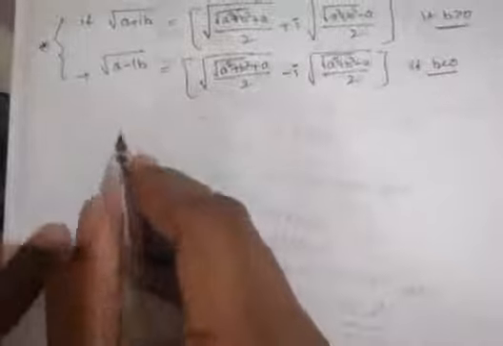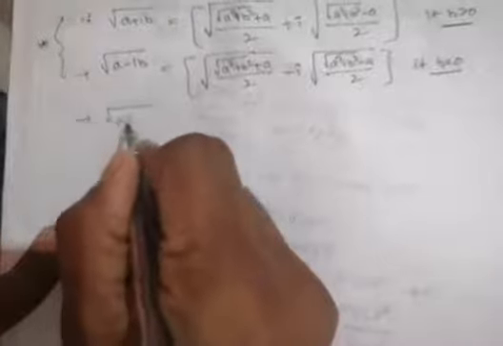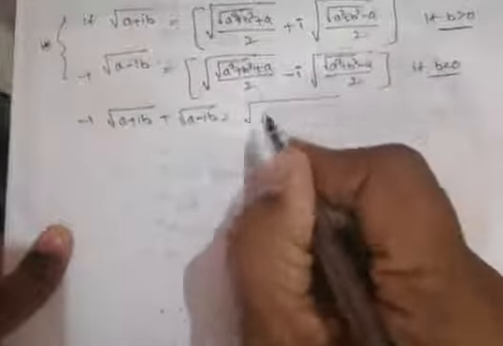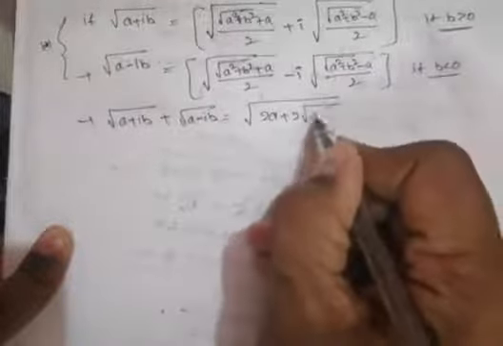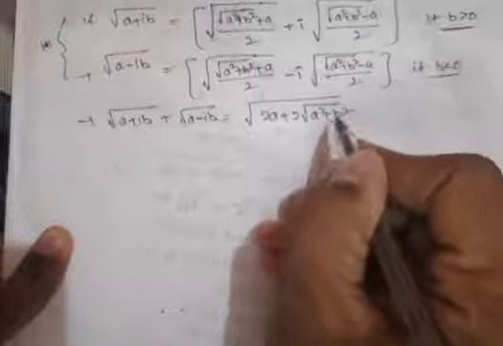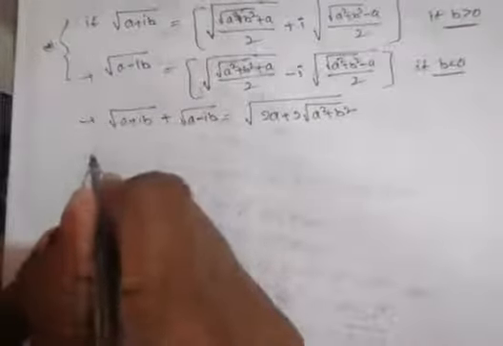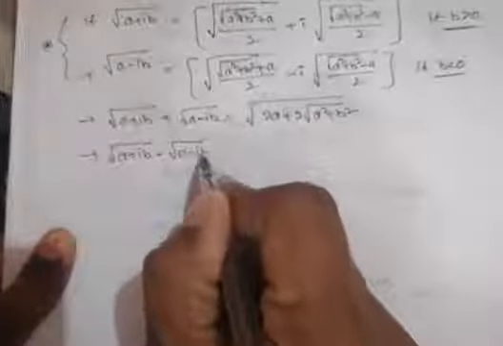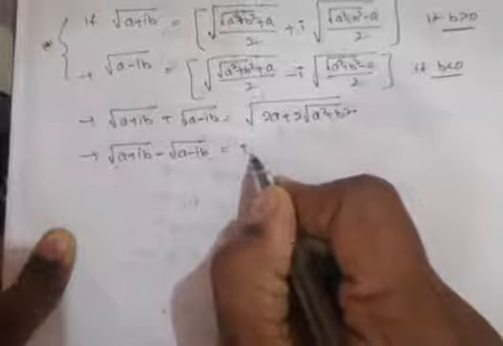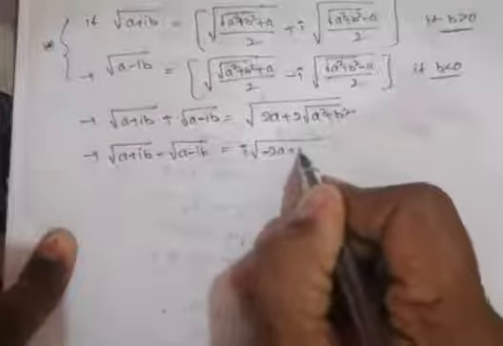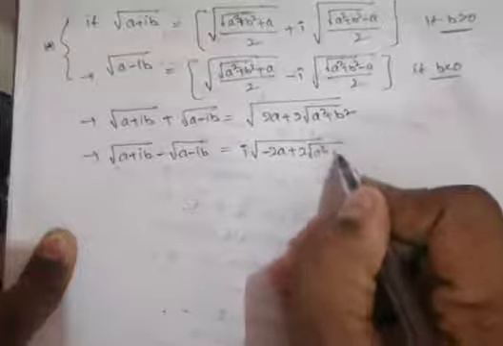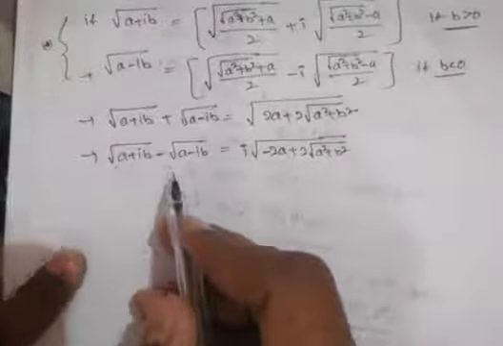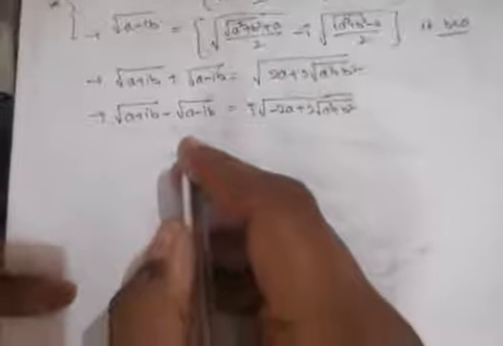These two, addition and subtraction, are also important: under root of a plus ib plus under root of a minus ib is equal to under root of 2a plus 2 into under root of a square plus b square. Like under root of a plus ib minus under root of a minus ib is equal to I into under root of minus 2a plus 2 into under root of a square plus b square. So if we add these two, what happens? If we subtract these two, what happens? These four forms are very, very important.